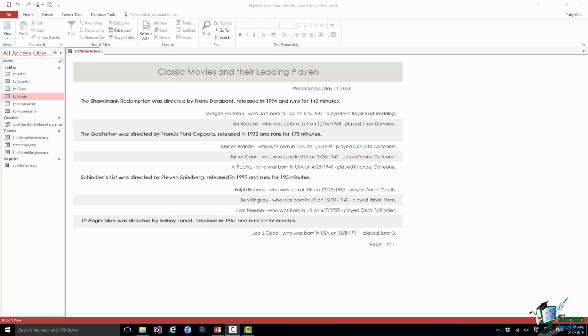And as an additional and hopefully much simpler challenge, I'd like you to use a theme in the report that you haven't used before. I've used a different theme here, and with that goes a word of warning. It's always a good idea to choose the theme for a report as early on as you can. Same goes for choosing a theme for forms, because if you don't make the choice early on, what might happen